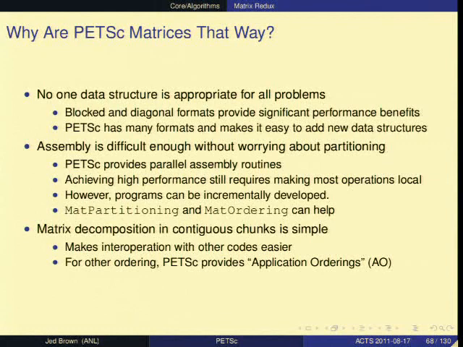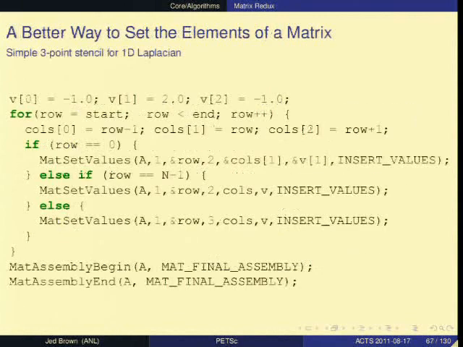So in finite element methods, you tend to set values that are on the interface between subdomains from both processes. But sometimes, like when you're computing the stiffness matrix, you may have to set values in different rows and columns that are not necessarily local. Yes, so you can call MatSetValues with any row, right, including rows that you don't own at all. And we manage that behind the scenes. And MatAssemblyBegin and End is where all the communication happens.